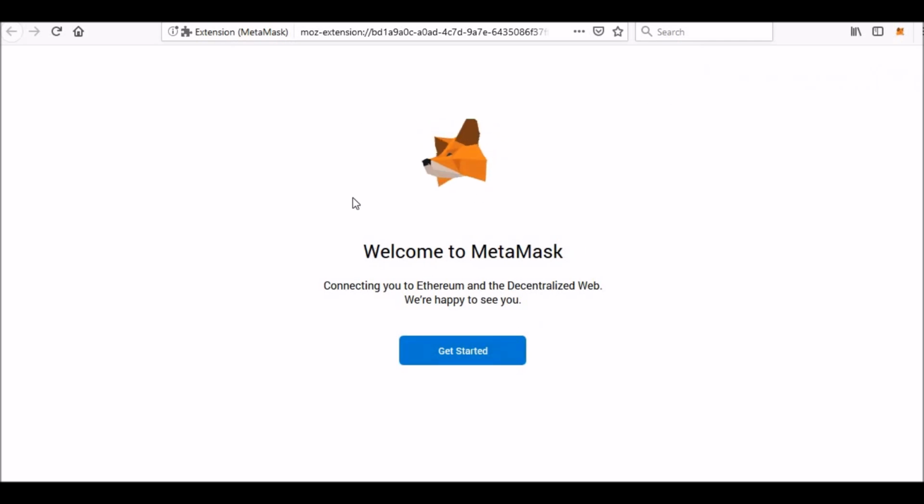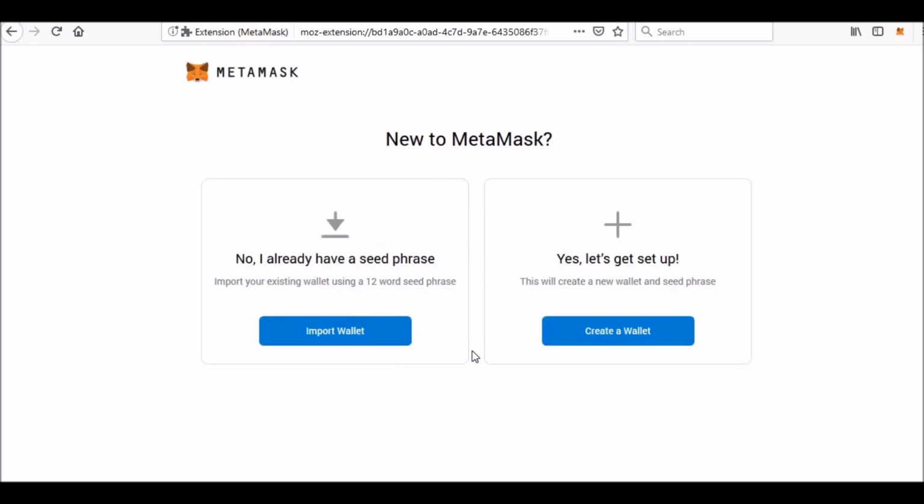Okay, and now MetaMask is added to my Firefox, so I will click here, get started. As I'm creating a new account, I will click on create a wallet.